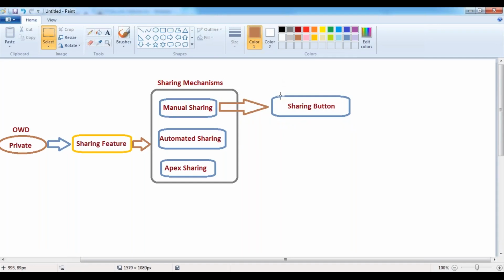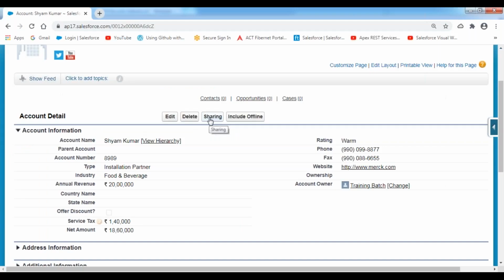Now, how can we do automated sharing? Suppose you're sharing a record: go to the record detail page, click on the sharing button, select the people to whom you want to share, and share the record.